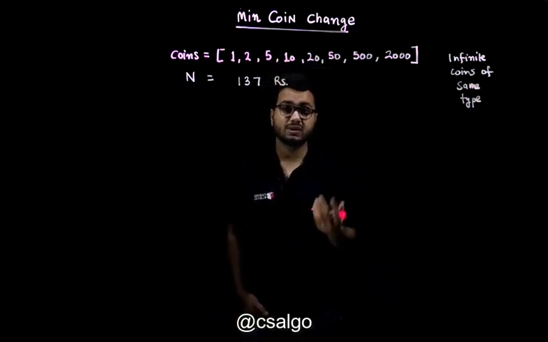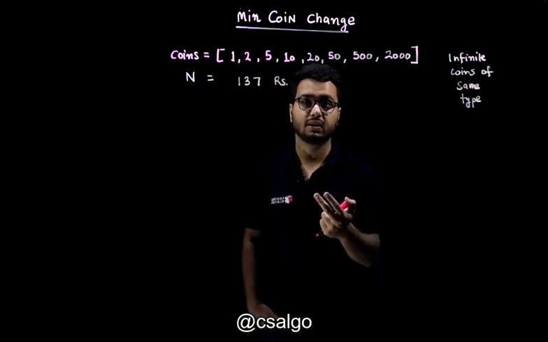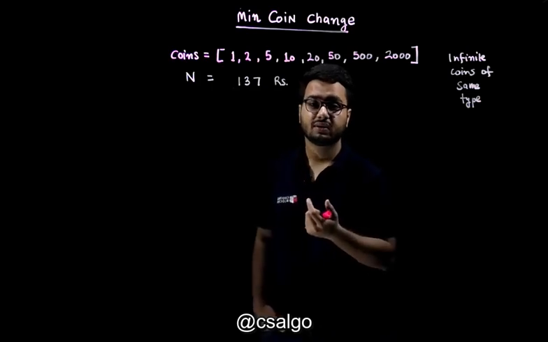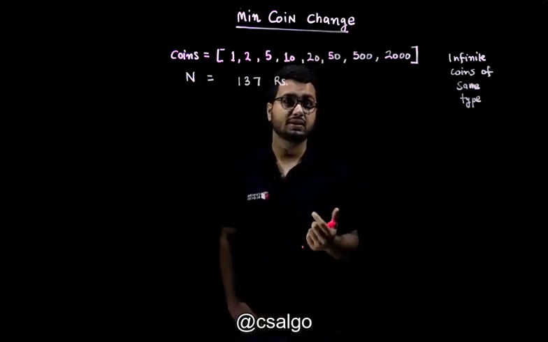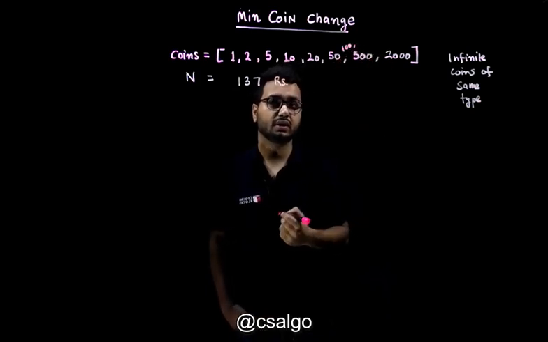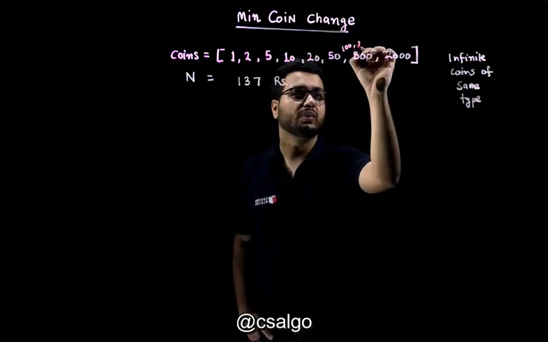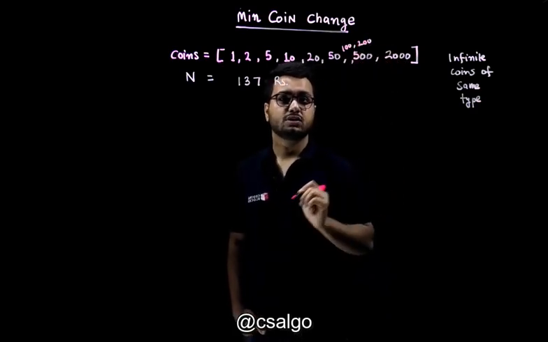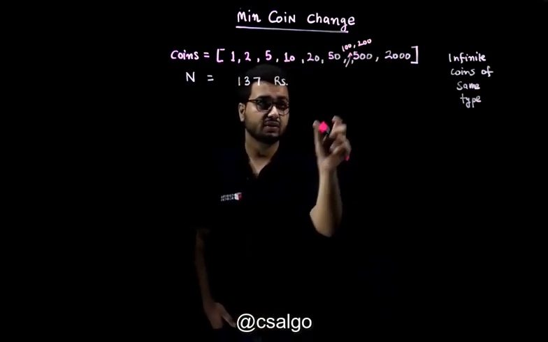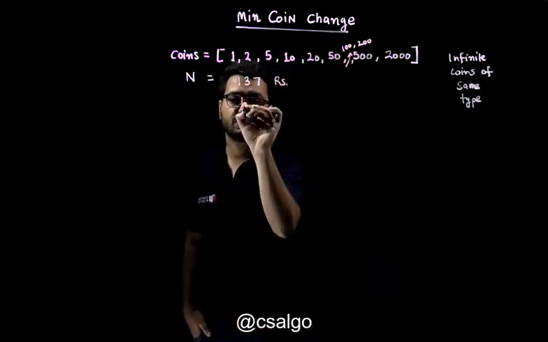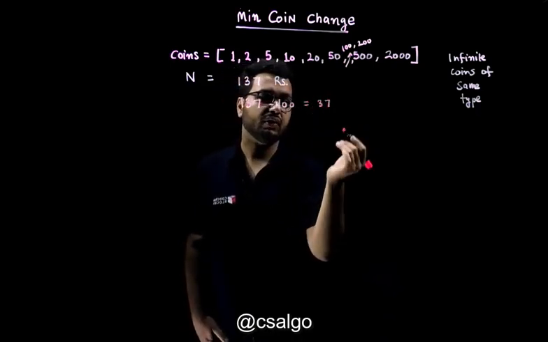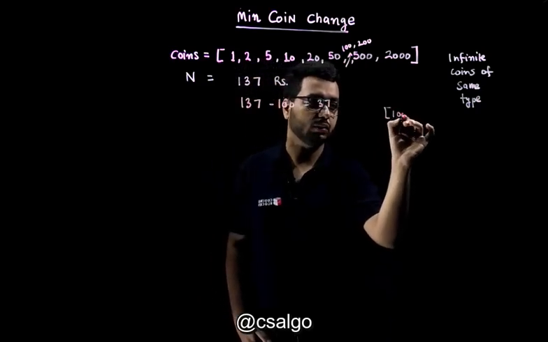So the first approach that might come to your mind would be a greedy approach. If you want to make 137 rupees, let us first pick the largest available currency. Okay, so we also have a 100 rupee note here, right? And we also have a 200 rupee, right? I just missed those. So yeah, the first approach is that, okay, let us pick the largest one, so we would be left with 37 rupees, and we have already collected a 100 rupee note, right?